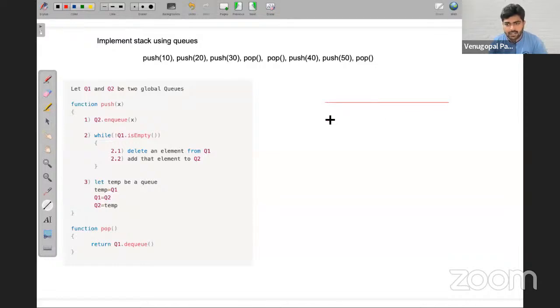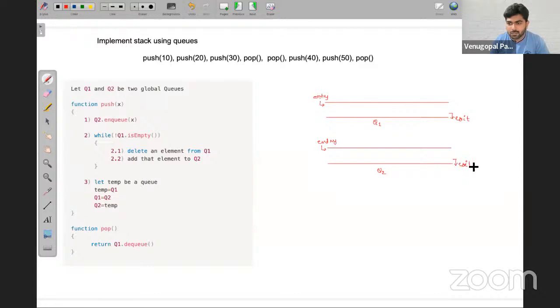So let me take this as Q1 and another queue called Q2, because we need to implement a stack. This is entry and this is exit. Similarly, entry and exit.